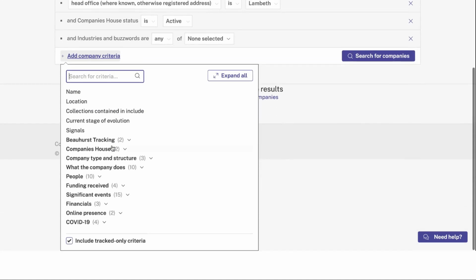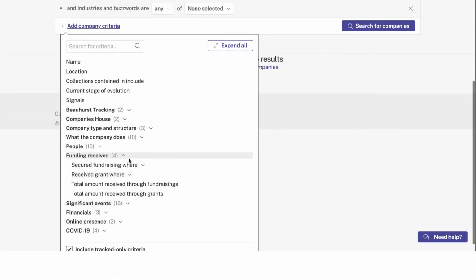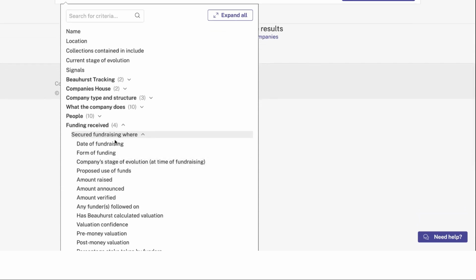Another thing that people tend to look at when they're trying to find relevant companies is whether or not they have received fundraising. So we could say that a company might have received fundraising in, for example, the last 6 months. You might also want to say that they've received a minimum amount of fundraising, so they might have raised at least £1 million, but you can use that depending on the type of companies that you are